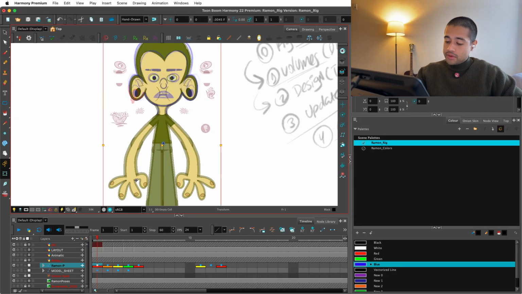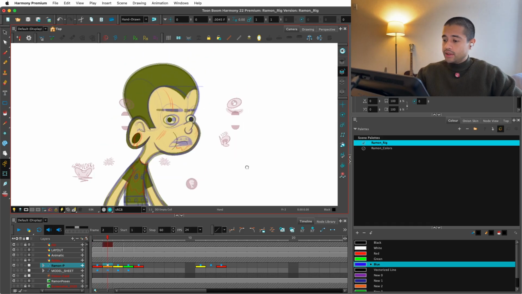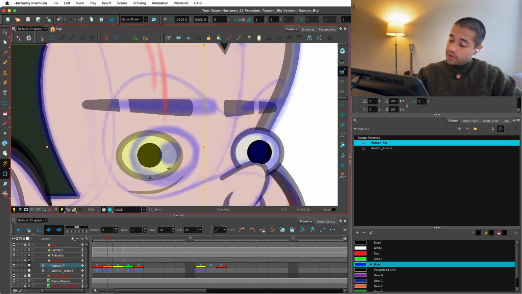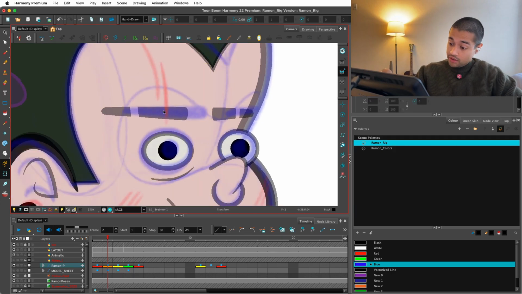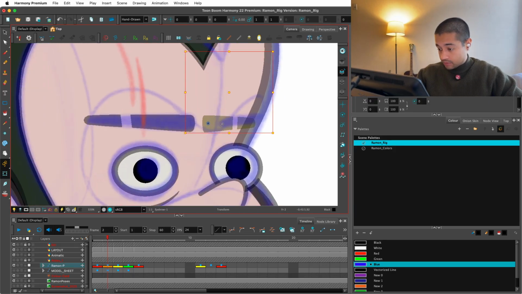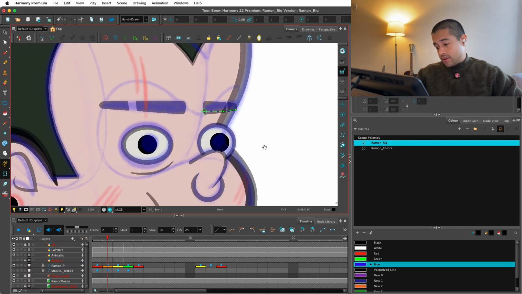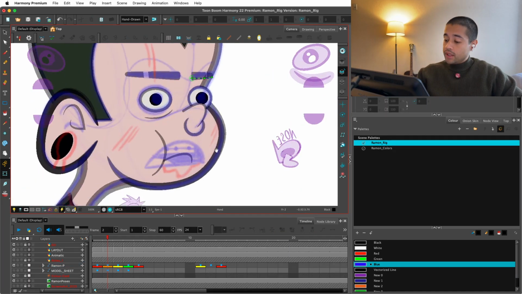So I'm going to continue with the rigging on top of using the drawers as reference. For example, here I have to move the eye, here I have to move the eyebrow, and just put everything in its right place, so I can have appealing poses to use as reference when I start animating. Now,